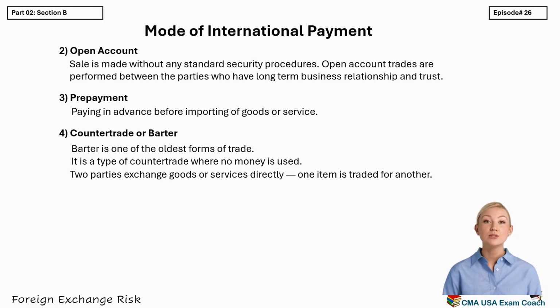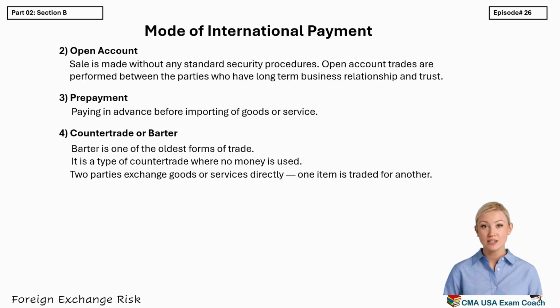This method has been used for thousands of years, especially in older economies or during times when currency systems were not stable. Even today, it is occasionally used in international trade, mostly when there is a shortage of foreign currency, countries face trade restrictions or sanctions, or when dealing with economies that do not have access to international banking,